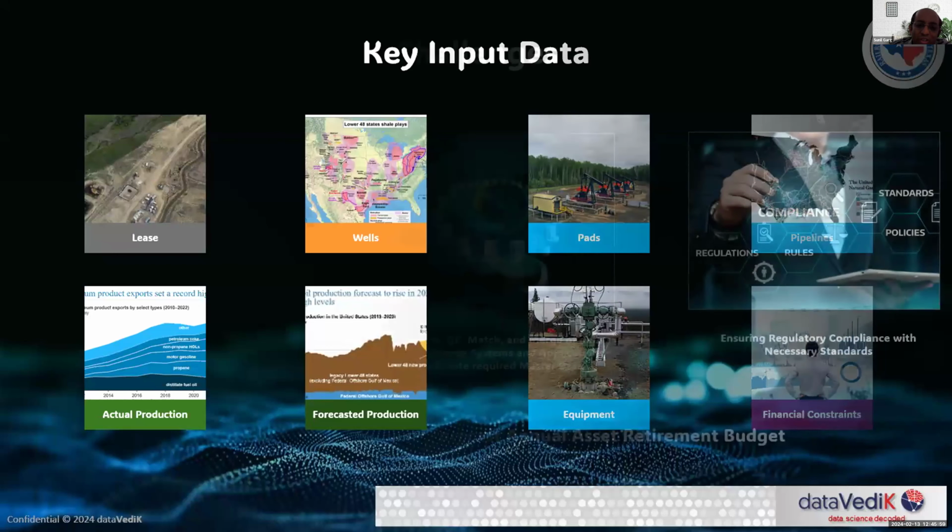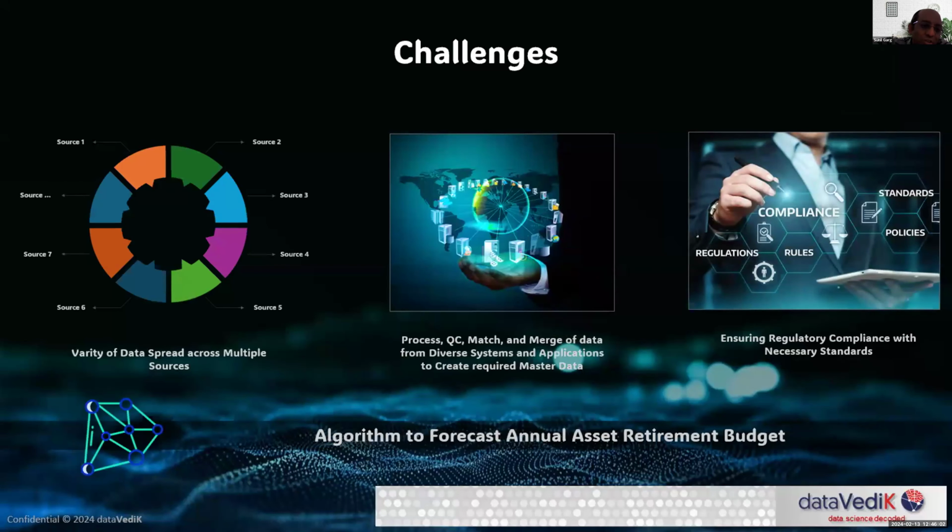So once you have all this data, while developing the solution, I want to talk a little bit about the challenges that will typically come up in order to develop such a solution. On the left, you can see we have listed a bunch of sources, and to anonymize them, I've just put them as source 1 to source 7. These are different sources of data or different data repositories that are sitting either inside the company, or some of them may even be outside. Some of that may be data that we are tapping from regulatory bodies like the Railroad Commission. And it may also be data coming from